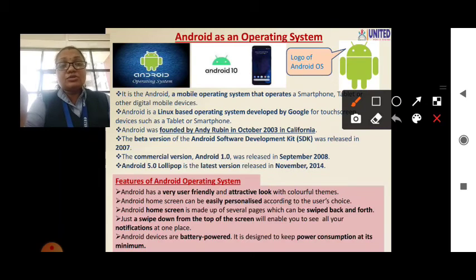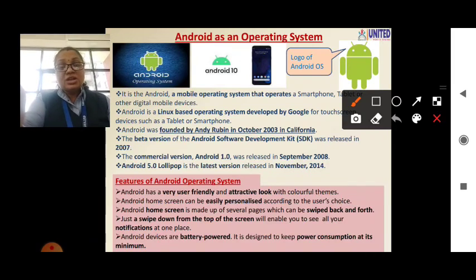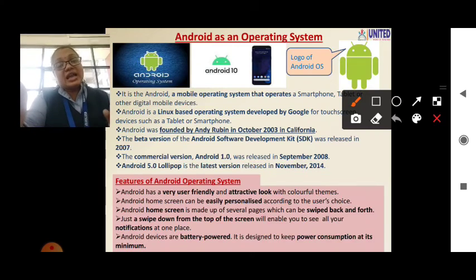With just a swipe down from the top of the screen, you can see all the notifications. When we swipe from top to down, we can see the different text messages coming from different applications. And Android devices are battery powered, designed to keep power consumption at a minimum.